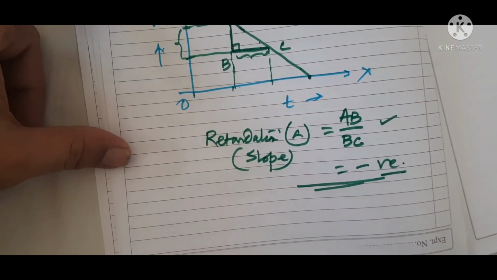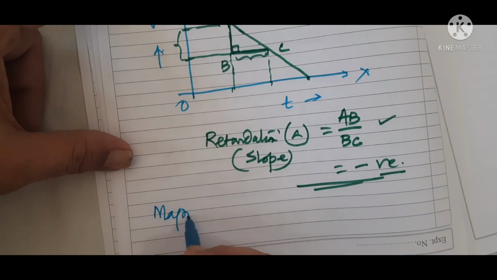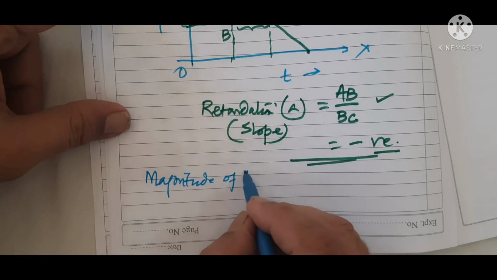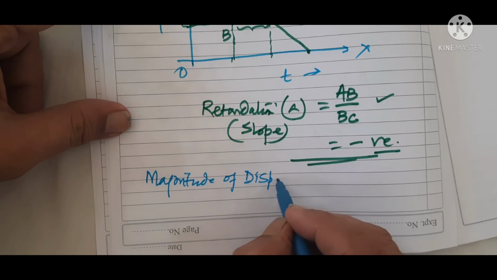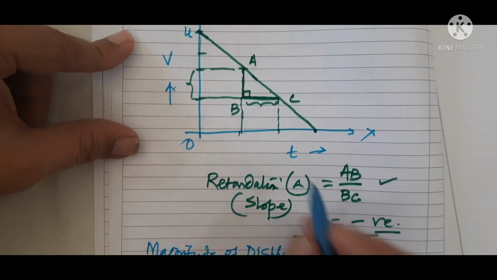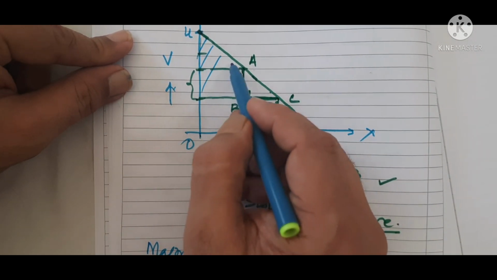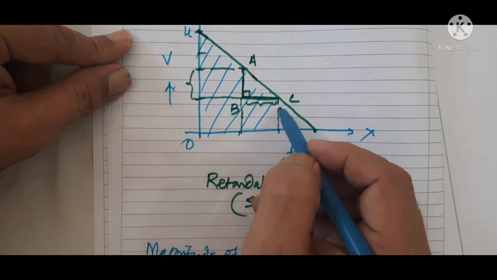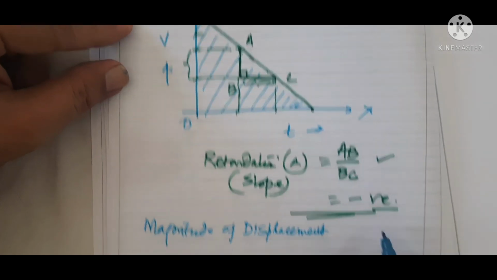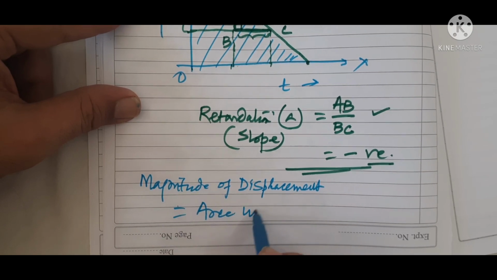Now in this way, if the question is that you have to find out the magnitude of displacement, velocity time graph is there. Again same method, we have to find this particular graph total and you have to find the area under this graph. इसके ये ग्राफ के अंदर का एरिया निकाल लेंगे, इज इक्वल टू एरिया अंडर VT ग्राफ।